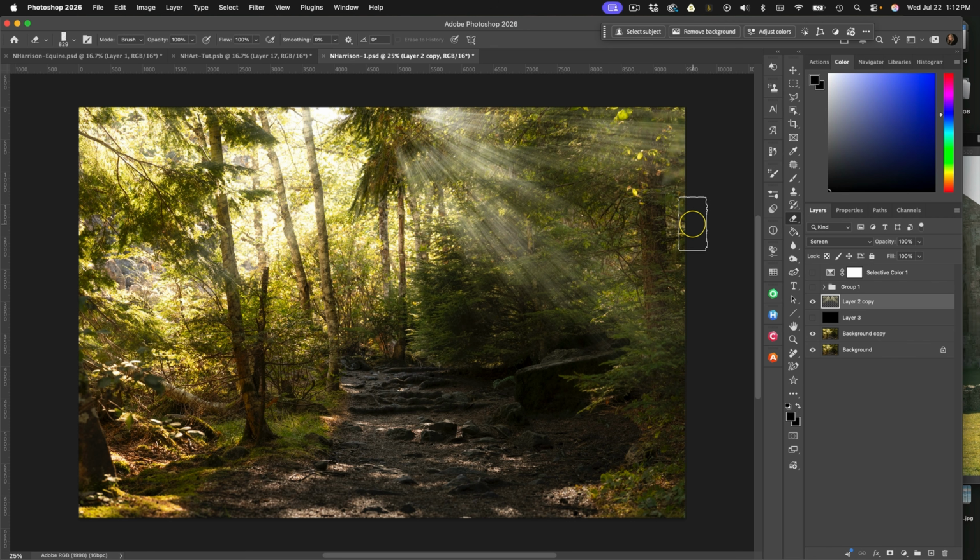So I hope you enjoyed this. I love this effect. I think it's absolutely stunning. If it's not strong enough for you, just duplicate your layer and then you can see you've got a much stronger one here. If you do that, you can reduce your fill a little bit. And yeah,